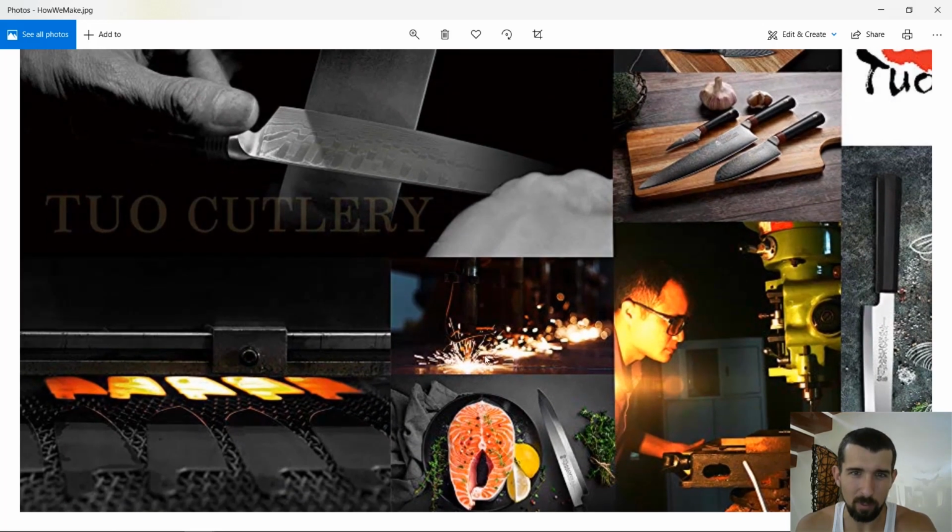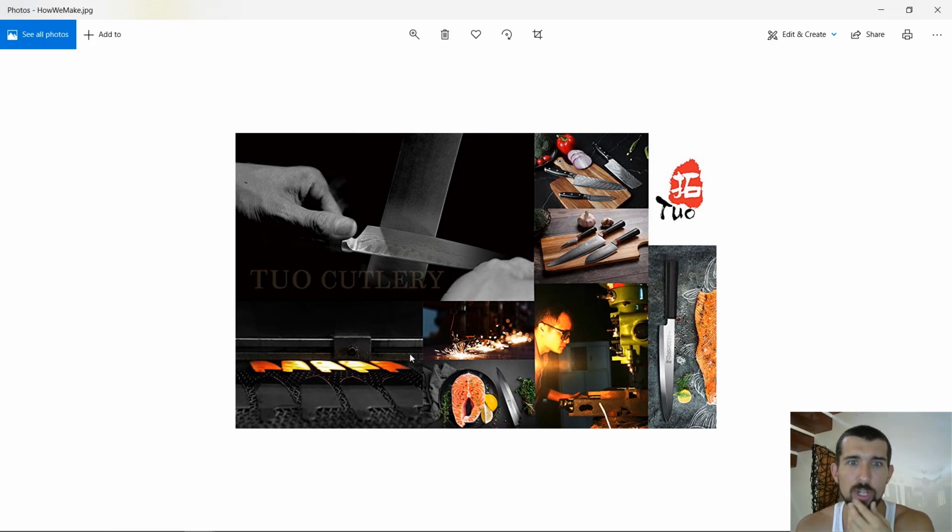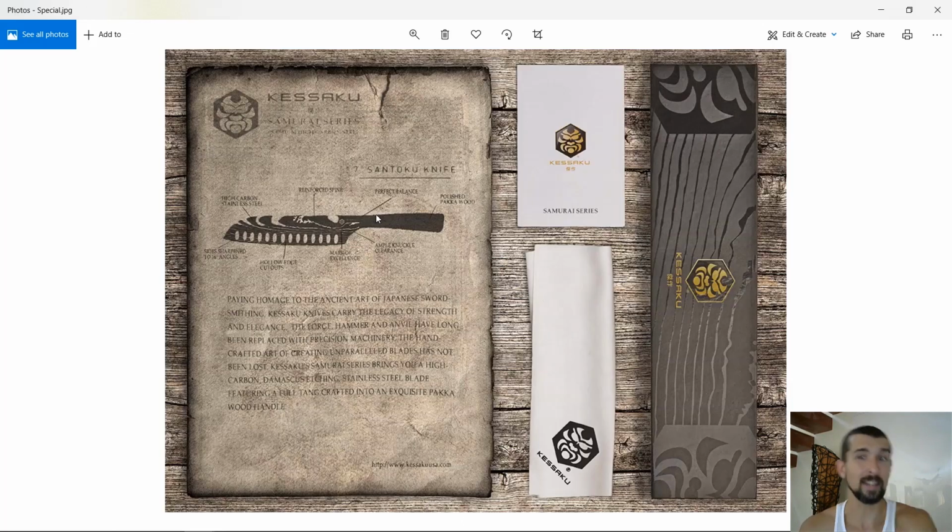You see, we have the process here and we have the forging of the knife. They're creating it by hand. That shows that there's more of a human element there, in terms of the humans making it, you know, not a machine. That's what people like.